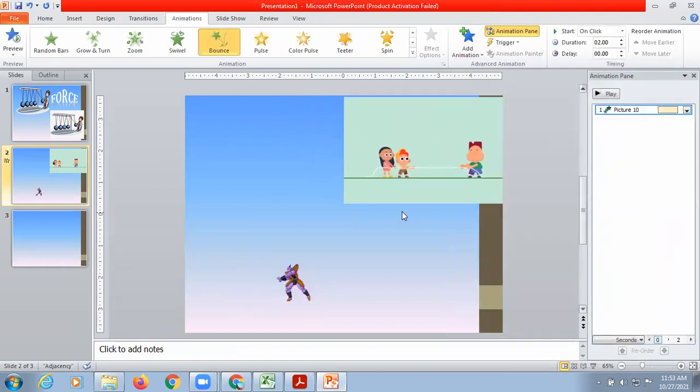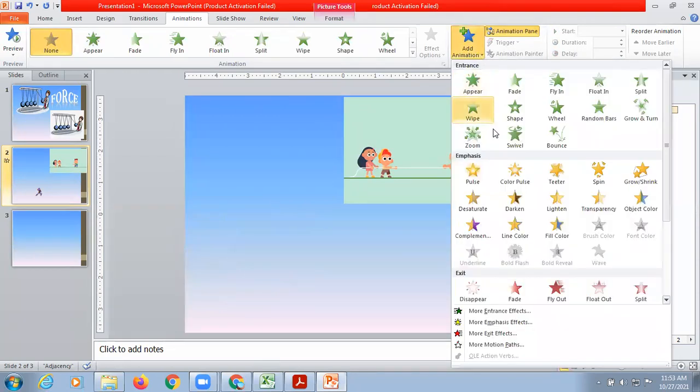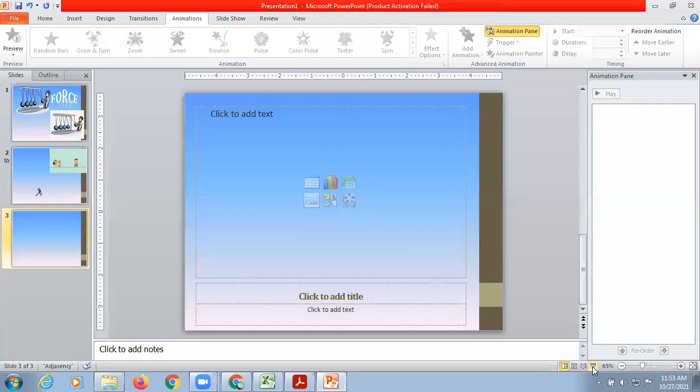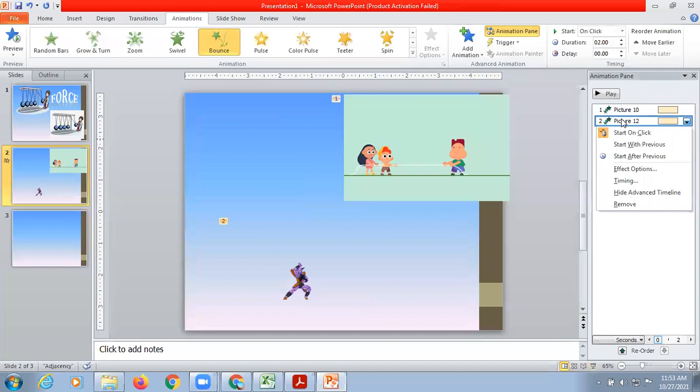And then the second one, this should come in what way? We have to choose Entrance. So I want bounce. Now let's play this slide. This is how your first image will come and this is how your second image will come, right? You can also click on the second animation, and you can choose Start After Previous.